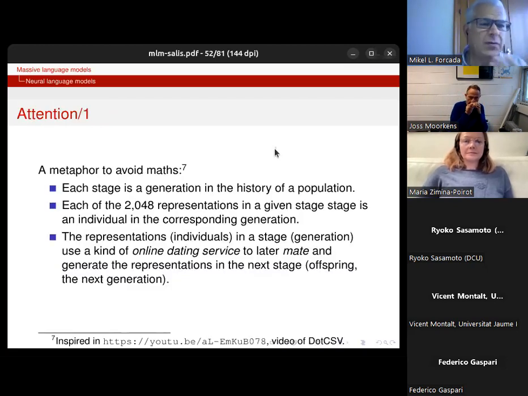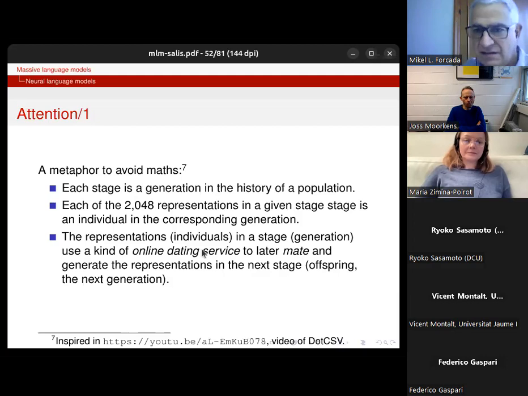A metaphor to avoid some maths is to think that each stage in the transformer is a generation in the history of a population. So we have a population of 2048 representations, and each one at a given stage is an individual. Sorry about that, I'll correct the slides. You'll be able to download a corrected version. So we have a generation with 2000 individuals,